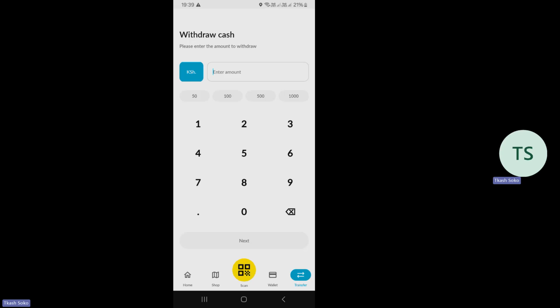So you need to do your KYC. For you to withdraw this money, you'd have to go with your ID to the KCB bank agent and show that code. You'll have to go with your ID to the Tcash agent and show that code plus your ID. Then you're given the cash. And now you have the money in your pocket.